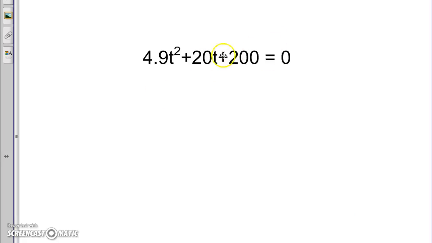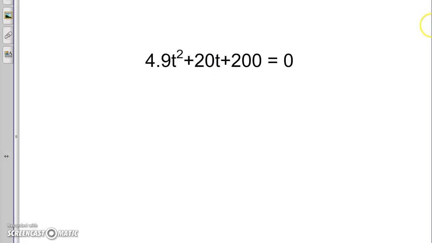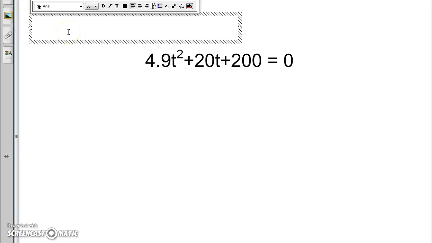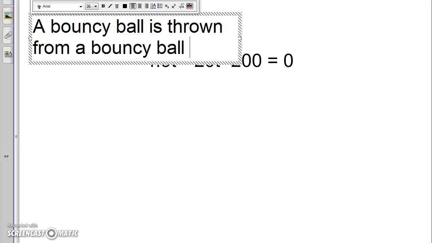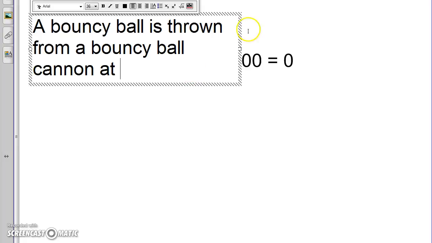Now we have here the same quadratic equation. Now I'm actually going to retroactively write something that gives me this vertical displacement equation. So, for example, let's say it's a baseball. No, it's a bouncy ball, because I want to see how high it's going to bounce. A bouncy ball is thrown from a bouncy ball cannon at,